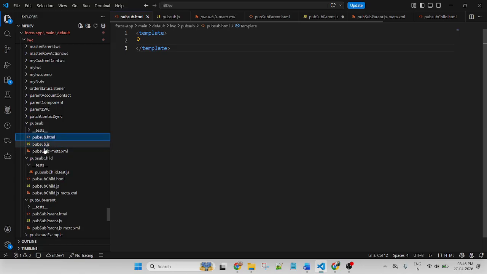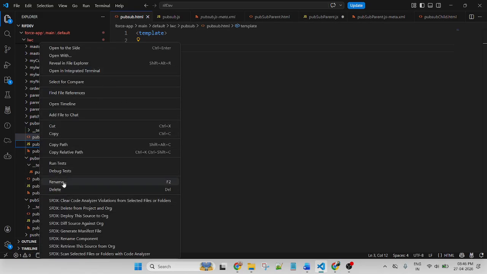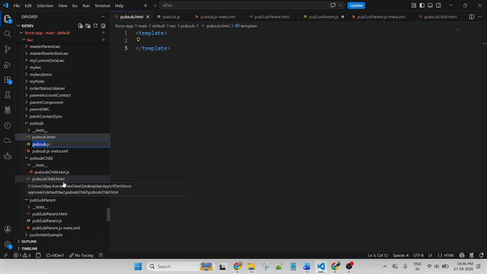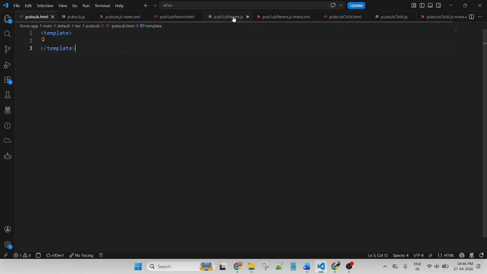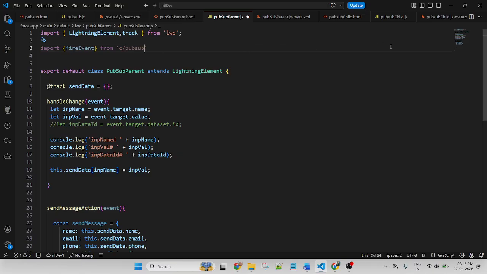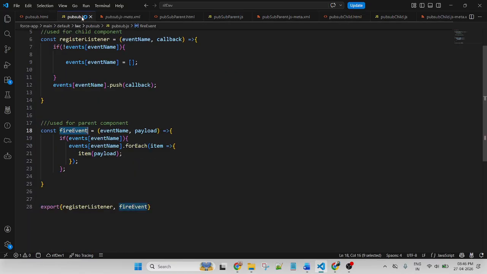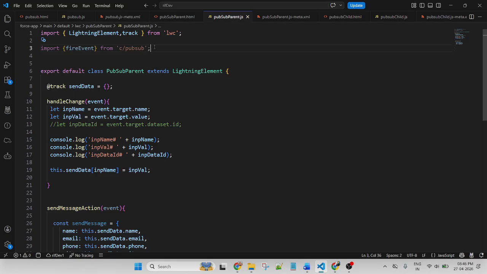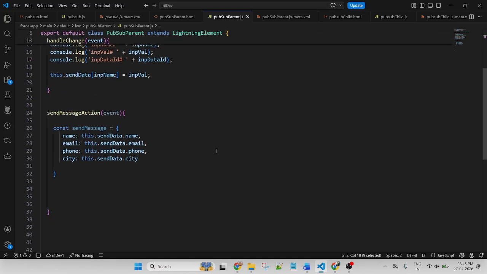Rename it and add the same name so that we don't make a typo. First I import the method, from the pubsub component, inside the JavaScript. After that, this imported variable I will call here.